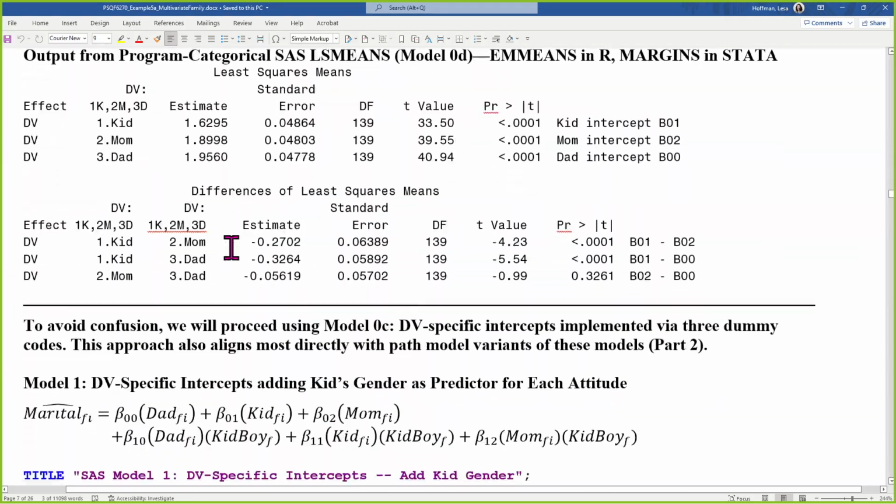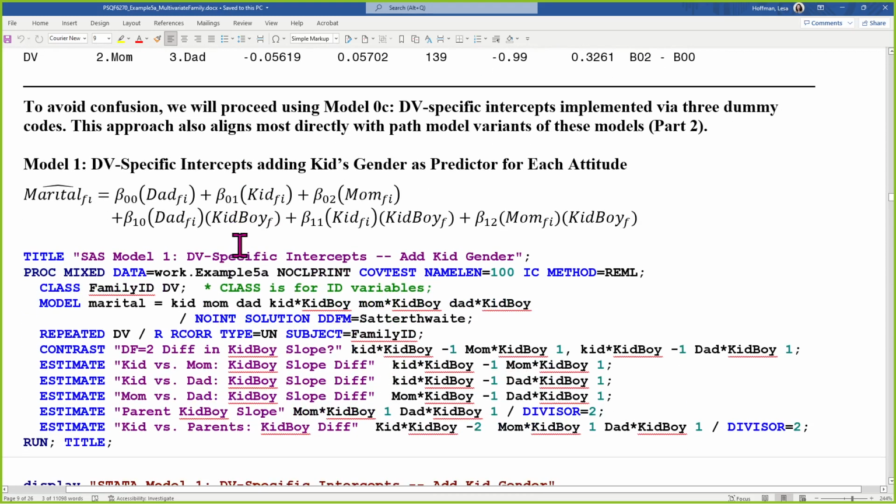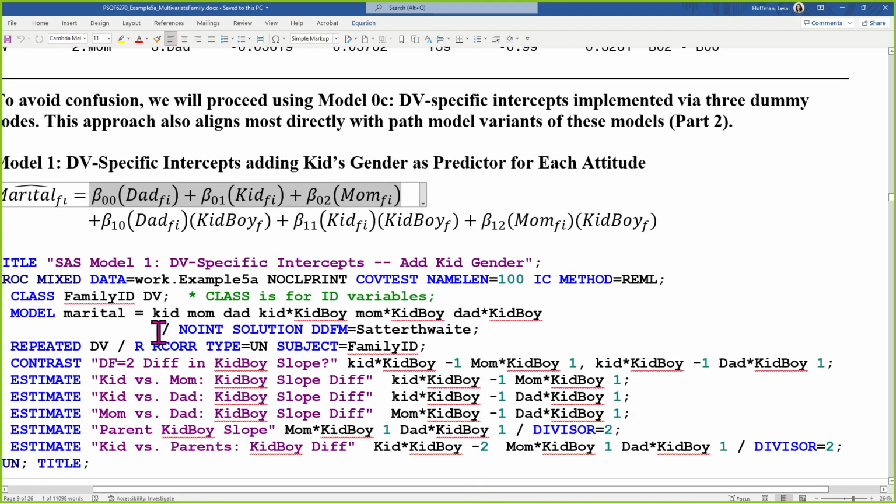We did the empty model stuff, right? That sound right? Ready to talk about actual predictors? Okay. So model 1, then, meaning the first model that has actual predictors in it, I have the same setup with respect to the intercepts. So there's no general intercept in this parameterization. Let me make it a little bit bigger for you. Everything is attached to a dummy code. So the dummy codes act like switches to control how each separate outcome is being predicted simultaneously.